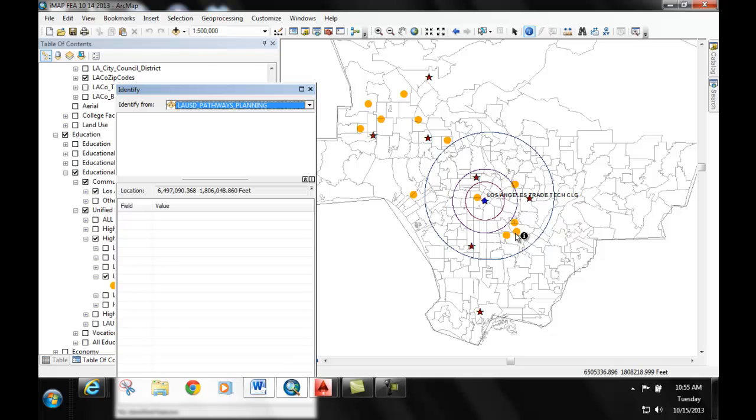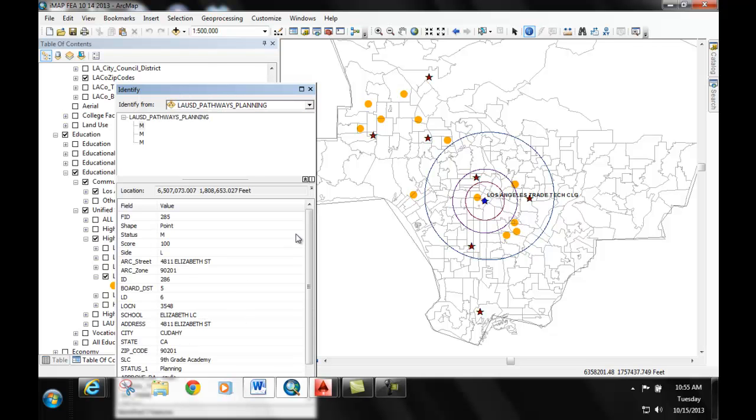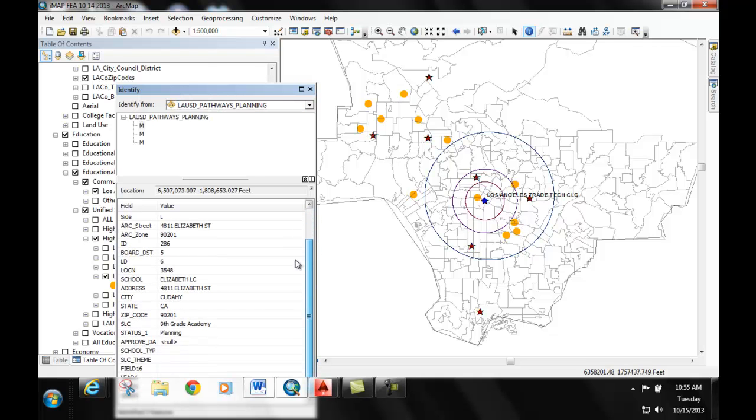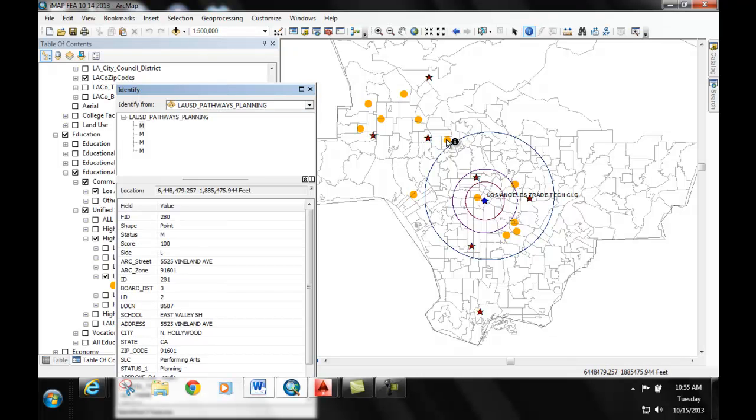So now when you identify them, this is the name of the school. They're planning a ninth grade academy. They don't tell you what. Let's look at another one. Performing arts. So you can see that by having this data, you can have access to partners, other educational providers. And this is the cooler part. So now that we have these for performing arts, and I'm thinking out loud here, and that's the beauty of